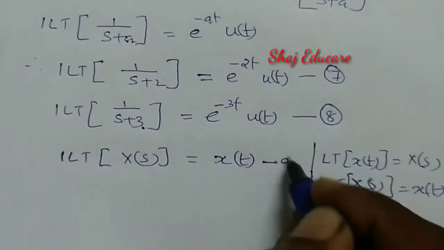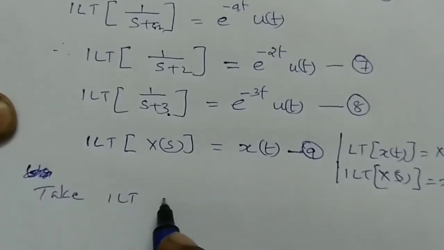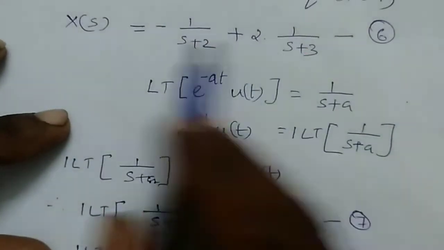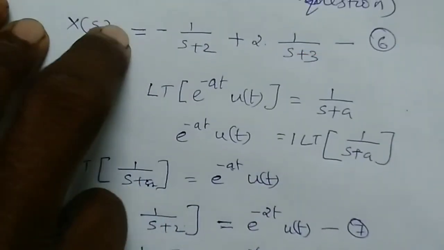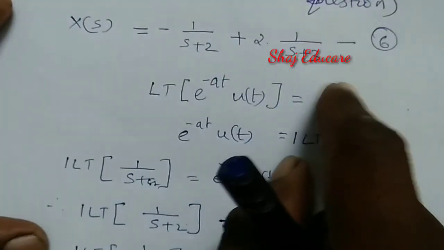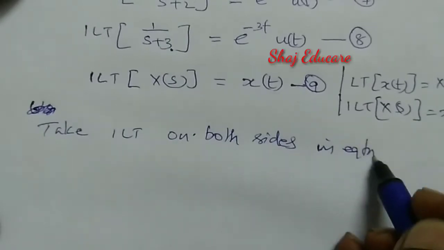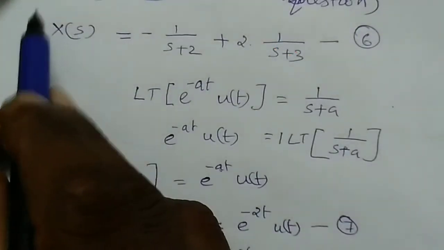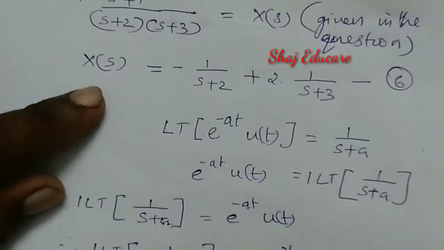So let us take the inverse Laplace transform on both sides of equation 6. We are going to take the inverse Laplace transform on the left hand side as well as the right hand side. This is equation 6. Then what we are getting is the inverse Laplace transform of LHS, that is the ILT of X of s,